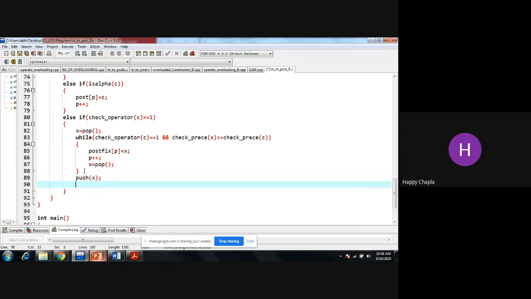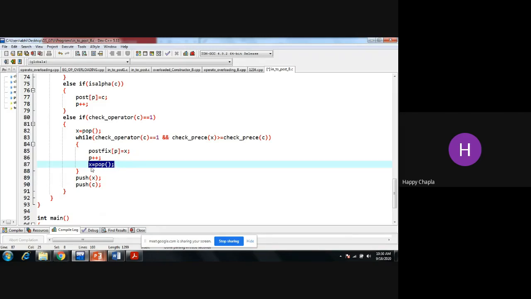Okay, in the second case, that it is not greater or equal to, right? So whatever the value is, we need to push into the stack, as well as whatever new value is coming from the infix expression, that is in the C character, right? So plus is there and star is coming, so both can stay inside the stack, right? So that x we must push, because I have already popped that element from the stack because I needed to check the precedence.